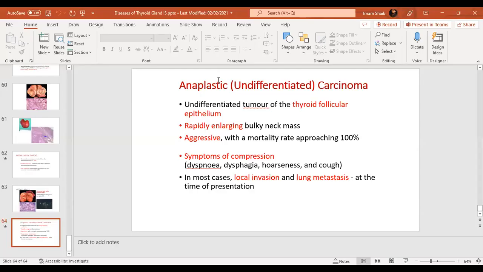So that's it about the theory part. Lecture is done. Any questions, any doubts? So we have discussed important conditions of thyroid, which include hyperthyroidism and hypothyroidism, the causes and clinical presentation. We discussed Graves' disease, an important cause of hyperthyroidism. We discussed thyroiditis, specifically Hashimoto's thyroiditis, subacute granulomatous thyroiditis, or lymphocytic thyroiditis, and some other forms. Then we talked about multinodular goiter or diffuse goiter with multinodularity, and the causes, the clinical features,